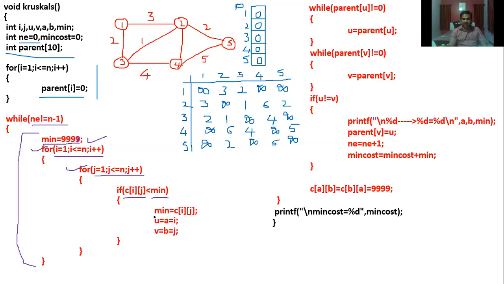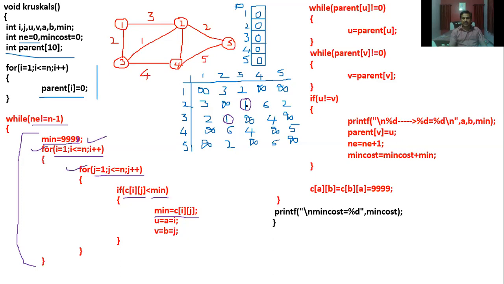And whenever I get a smaller value, that will be assigned to min. So 999 will be compared with this. It's not greater or lesser. Next, 999 will be compared with this 3, and this is the minimum one. So minimum will be set to this, and this will be the minimum up to this point of time. When I go to the next field, I think the minimum will be this, right? And so on. We need to traverse through all the fields of the adjacency matrix, and finally at the end of this traversal, if you just look into this, I think the minimum values are at 2 locations. One is at this point and another one is at this point.